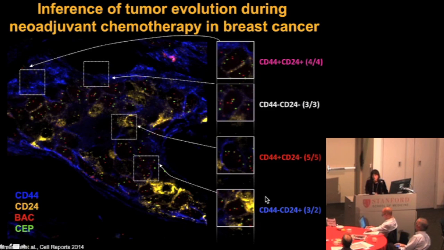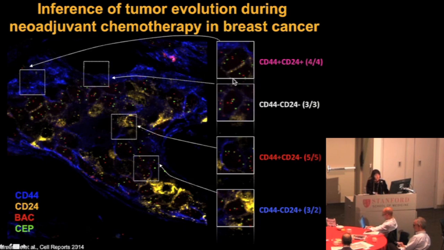It's trying to understand how heterogeneity influences treatment responses and also how the treatment itself changes the tumor in the patients who don't respond to treatment. In breast cancer, fortunately, we have neoadjuvant chemotherapy that's very commonly applied between diagnosis and the surgery of the tumor. So in this study, we studied the neoadjuvant chemotherapy patients. We had samples before treatment and also residual tumor in patients who did not have a complete pathologic response. And we applied this immuno-FISH method that allows us to assess